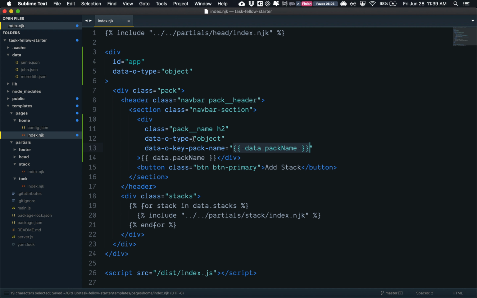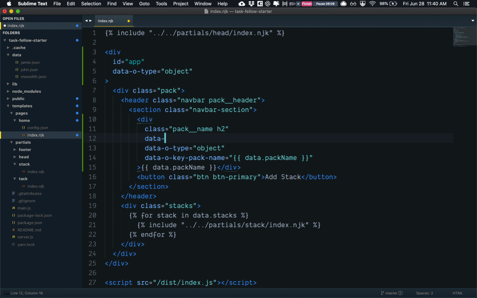Okay, so how are we going to make this editable? We have this very simple attribute called data I editable. The I stands for input. Whenever you want to input data into the page, you use a data I attribute. So we're going to say data I editable, then we're going to put in the key name that we want to edit, and we're going to do that in camel case because it's inside of the attribute values, so we can use camel case instead of dash case. So we'll say pack name, that's the key that we want to edit, that's this key right here,